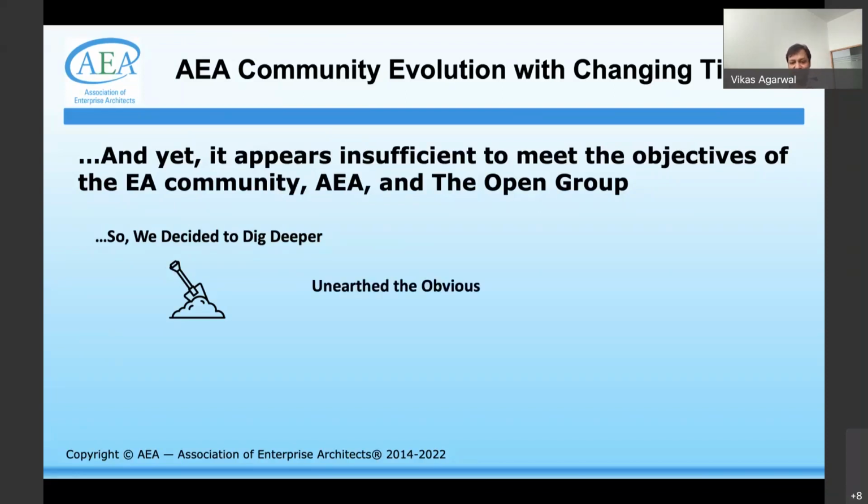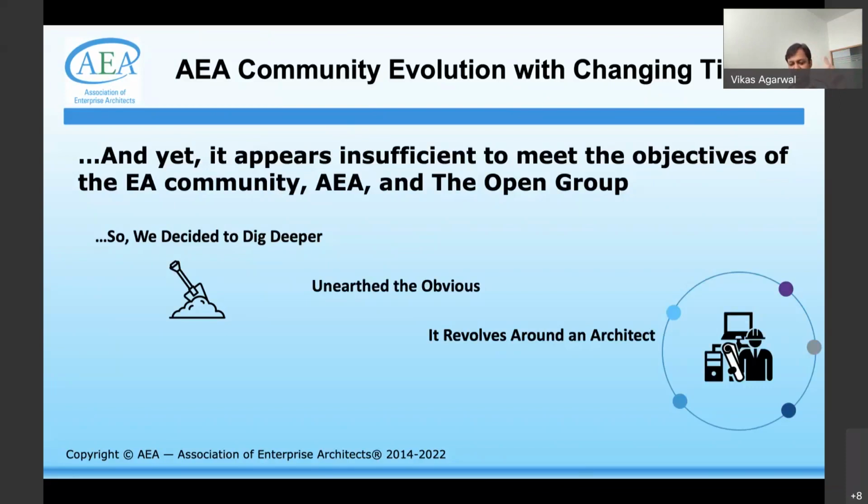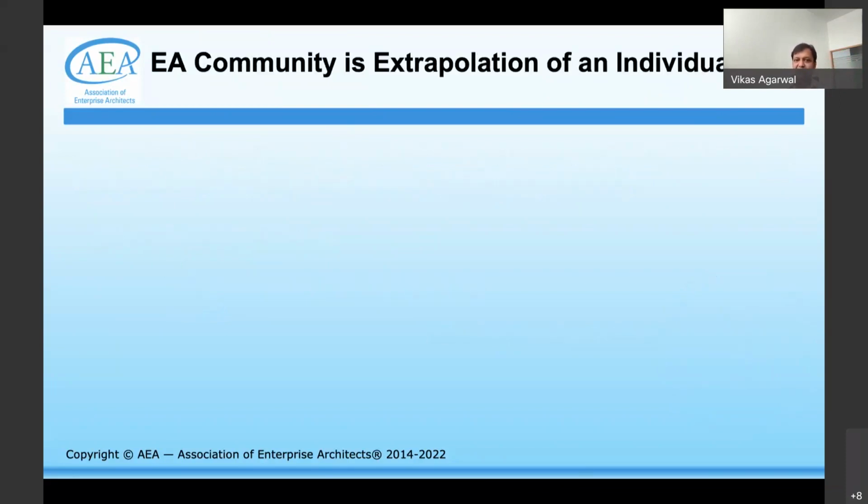And again, we came to the same conclusion that we started with. The hypothesis was found to be true, which is that it all revolves around the singular member, which is essentially the fundamental building block of this community. Okay. And having said community, I would also accentuate here that this knowledge addition with the launch of TOGAF 10 gives a significant boost to why people would really want to go forward and become more cohesive.